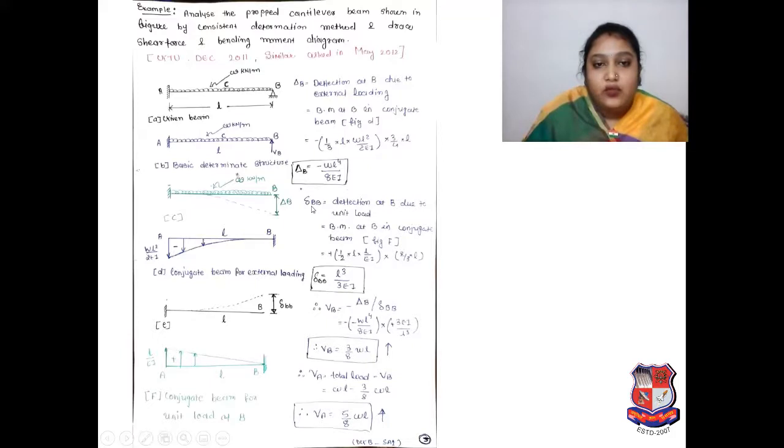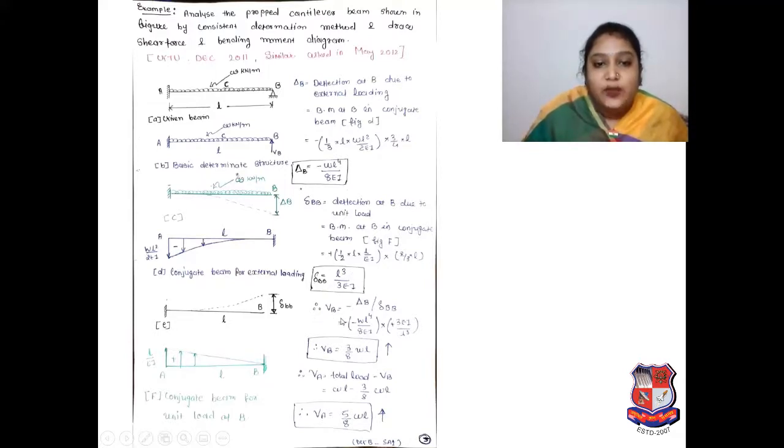Okay, now we have to go for del BB. Del BB is equal to the deflection at B due to unit load. So BM means the bending moment at B in the conjugate beam. It is figure F. So as per that, what will that be? 1/2 into L upon EI. What is that? It is the area of the M upon EI diagram. It is positive. Why? Because it is in the upper direction. Then your distance CG: 1/2 into L upon EI into 2/3 of L. If you simplify that term, then del BB will be L cube upon 3EI.